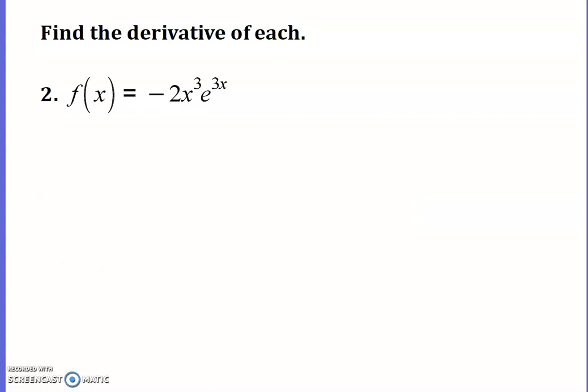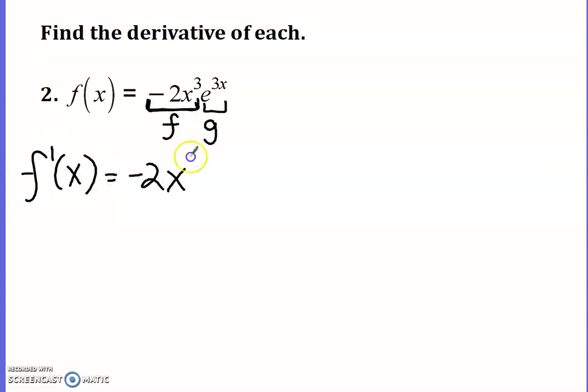Okay, number 2 is another example. So there's a function, and there's another function, another example of the product rule. So to do the derivative of this, I leave this first function as it is, and I multiply it times the derivative of the second function. So we leave e to the 3x, and then I have to multiply it by the derivative of the exponent,